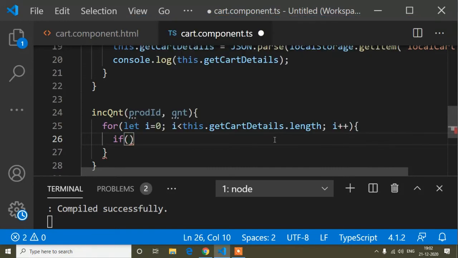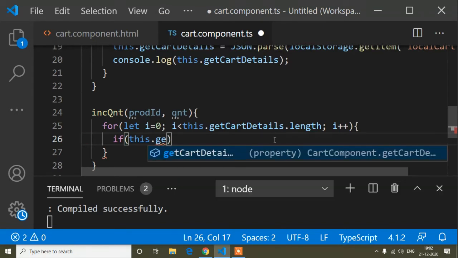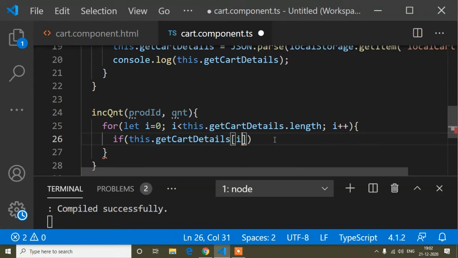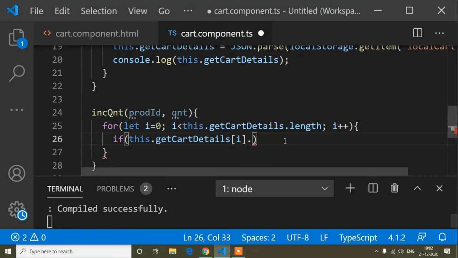So if, and here I have to write this dot get card details i dot product ID triple equals to this product ID, I mean this product ID which I'm clicking. So whether this and the one in the local storage are the same or not.